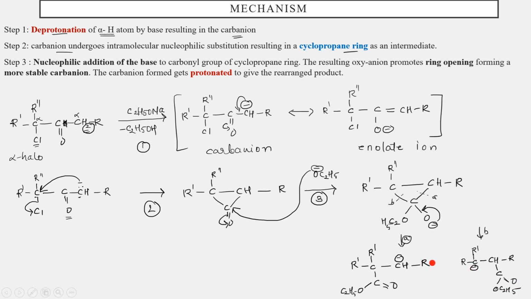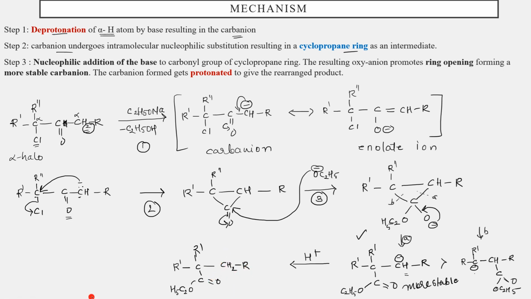So now the question arises, which carbanion will be formed? The carbanion which is more stable. And this is your secondary carbanion. So this will be more stable than the tertiary carbanion. So this carbanion is more stable. So during this step, a more stable carbanion is formed. Then this undergoes protonation. Protonation will take place at that carbon having a negative charge, and you are going to get this as your final structure. Because we had used an ethoxide, we got an ester over here.